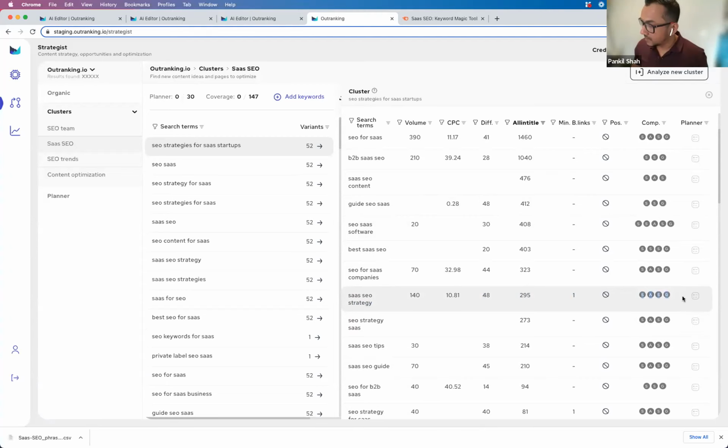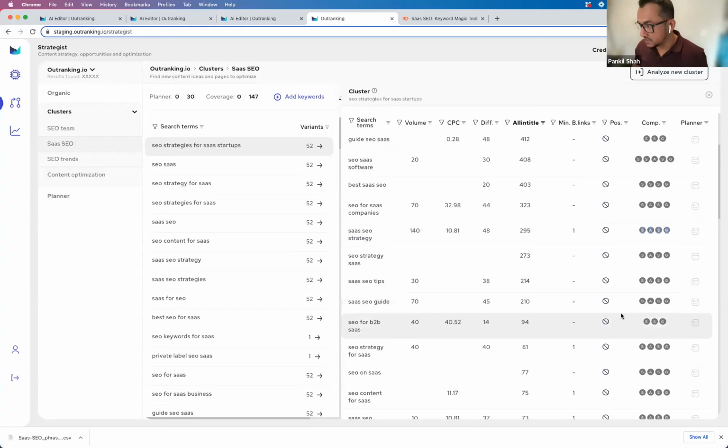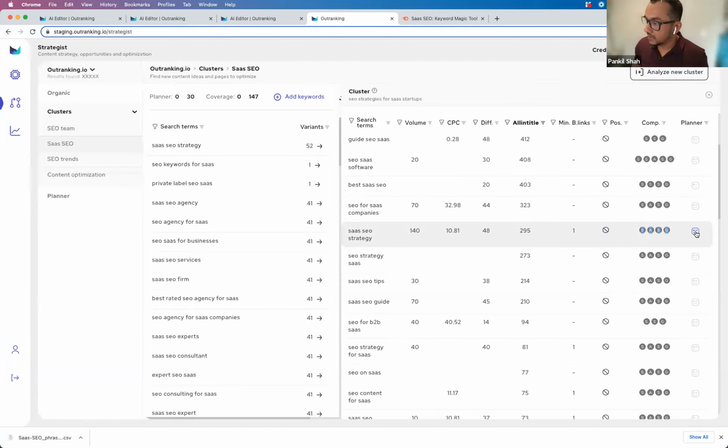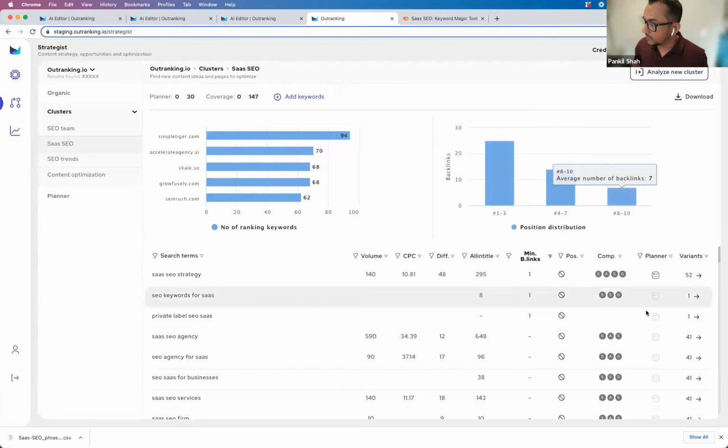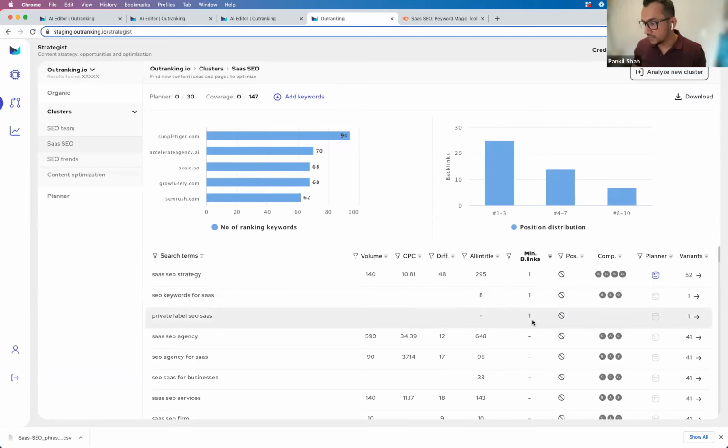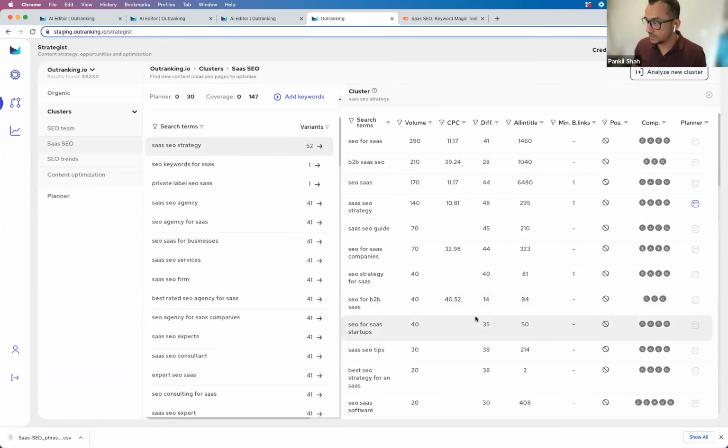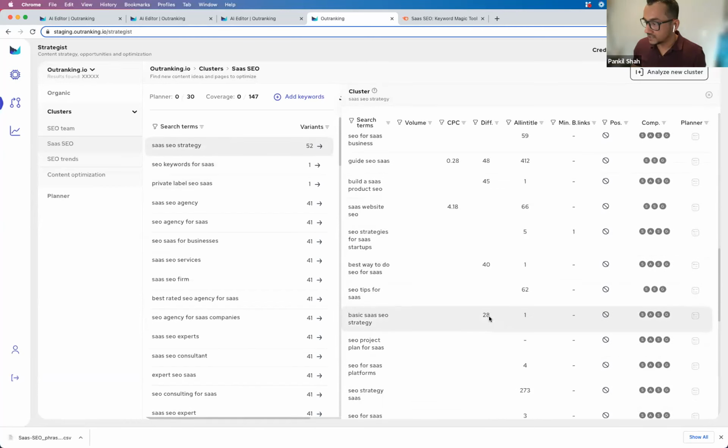So what I do is, based on this easy mapping and understanding of various factors of how easy this keyword is going to be for me to target, I am going to pick this as my primary. And there we go. So once you do that primary, most of the keywords in that variant are automatically clubbed together, and they are under this 52, and your list becomes more and more concise. So you can filter out from the top, you can filter out from inside, but you can still figure out where your strategy is and how you manage it based on this data that's given.